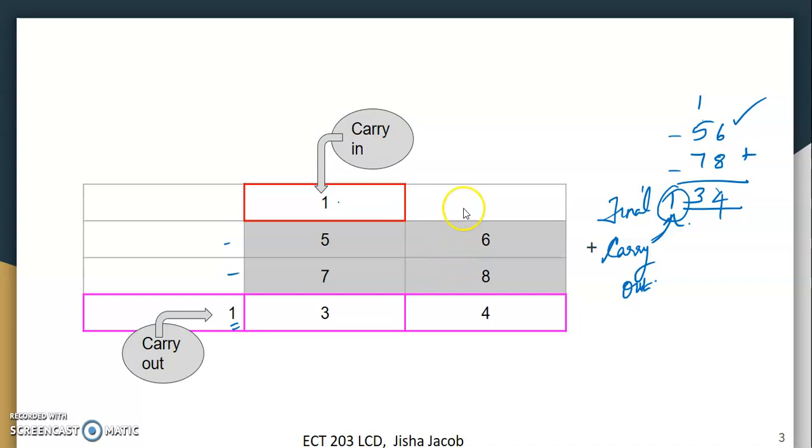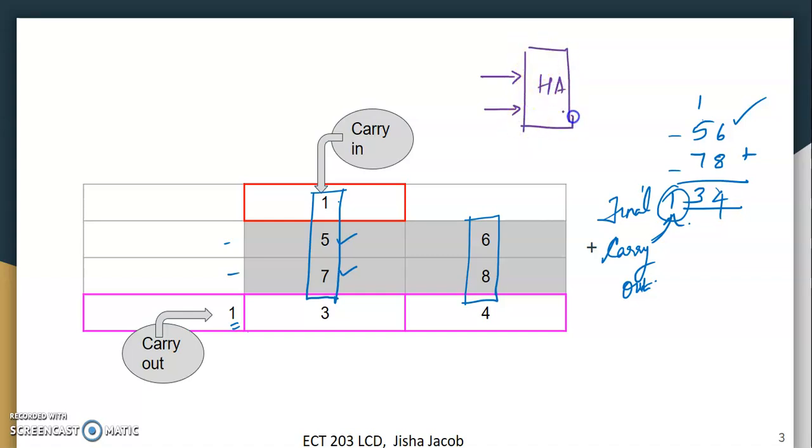Now I want a hardware that will actually implement this operation that we were talking about. The first operation that we needed was addition of the digits in the ones place. That means I need to add 6 and 8. I have only 2 inputs here, which means I need to make an adder which can add 2 digits, that is, 6 and 8 are the inputs to that adder. Such kind of an adder is called a half adder.